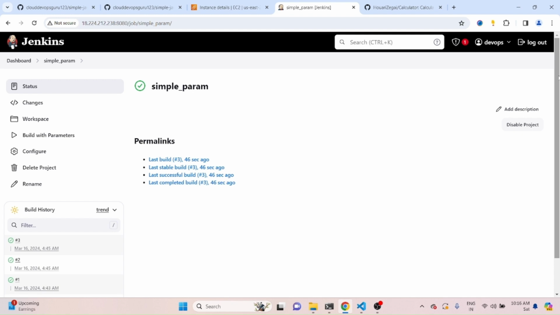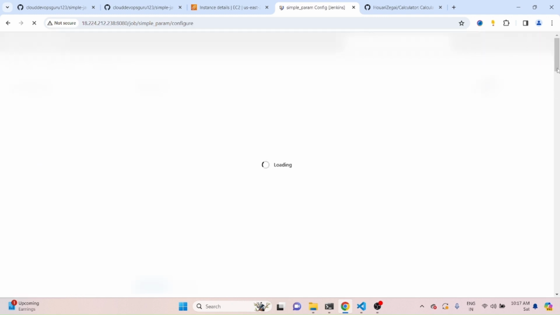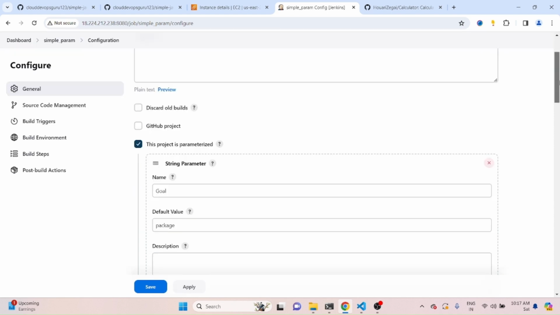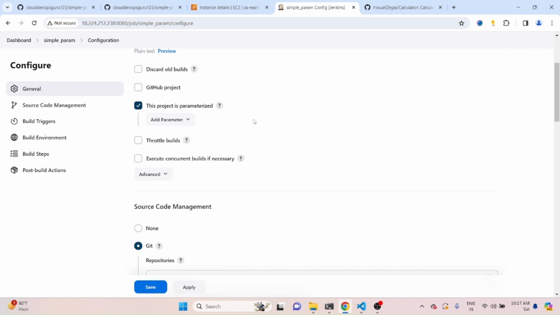But sometimes developers don't like to pass the parameter as a string, so here we have to change it every time. If you want to give some choice to the developer, now go to the configuration. We can create the choice parameter instead of the string parameter. So how can we do that? Just remove this one,